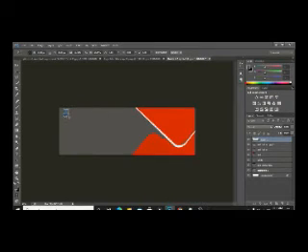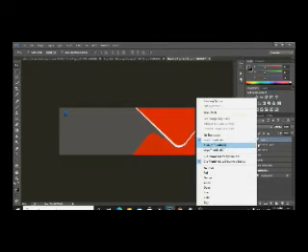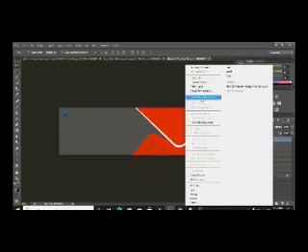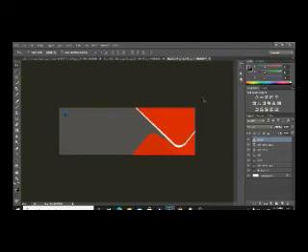Okay, and press enter, and make sure you convert this layer into a smart object. Why I'm saying this? Because if you want to change the size of the logo again in the future, it won't be blurry.